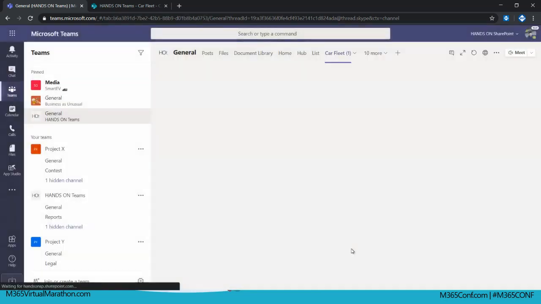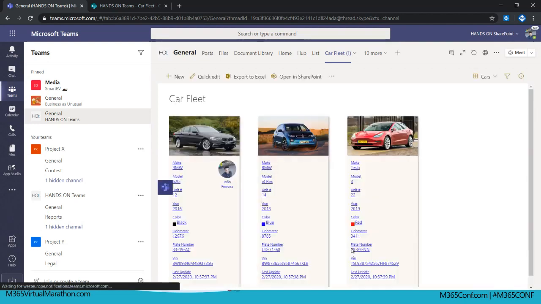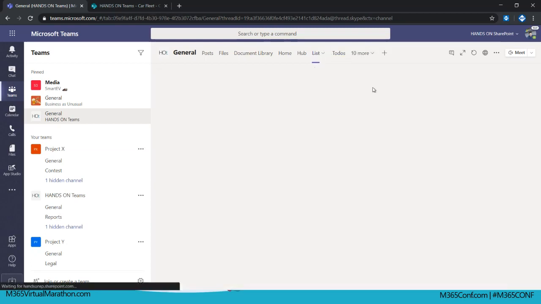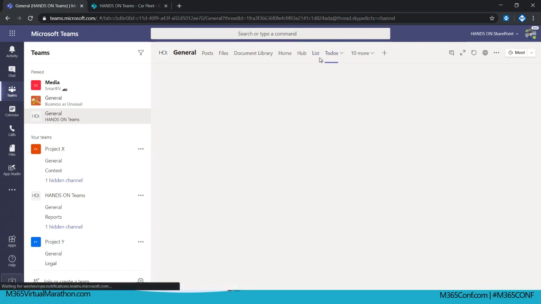So if I select here the car fleet, I'm actually able to see exactly the same thing that I have on SharePoint. But if I open this list, by default